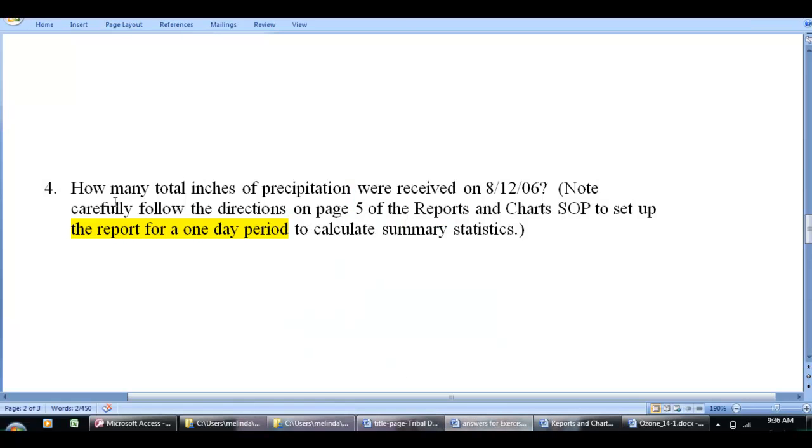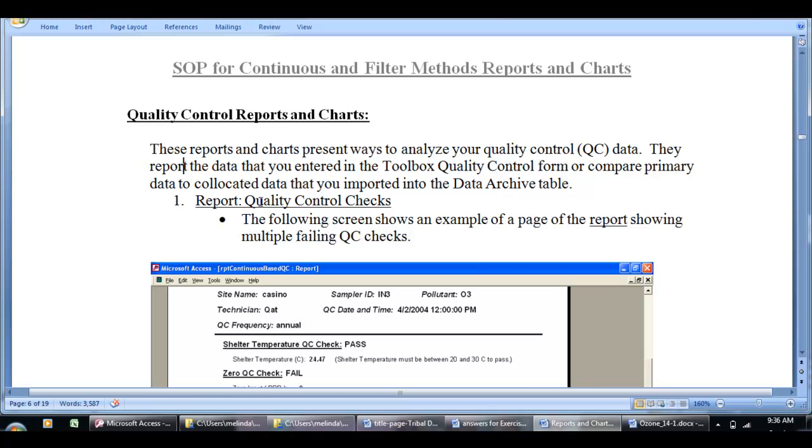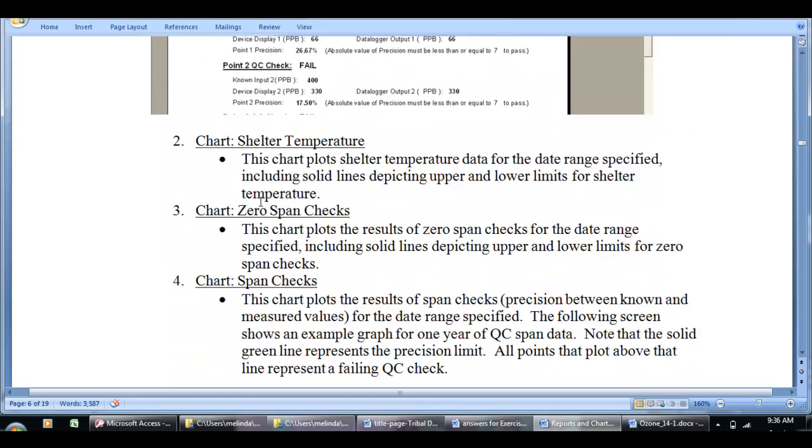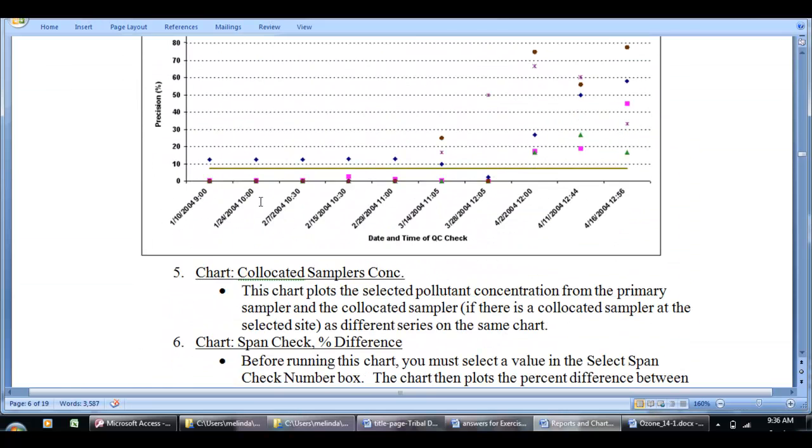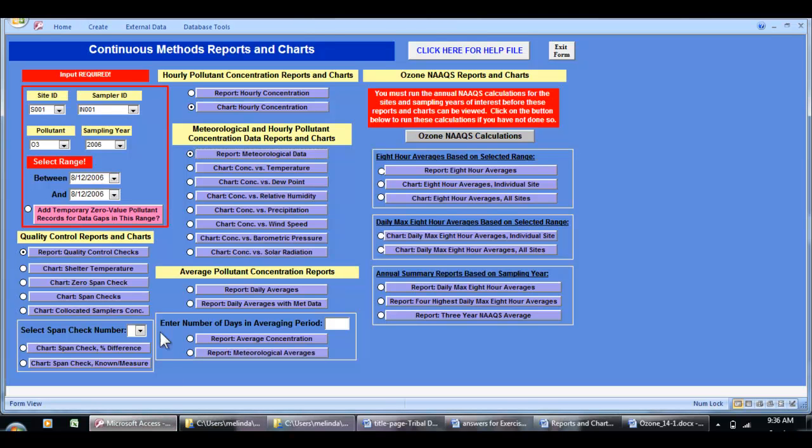So the next question is, how much precipitation, total inches, was received on the 12th of August? Be sure to follow the directions on page 5 of the Reports and Charts SOP. Okay, we look at that, and it describes different sorts of checks, and we follow along, and we see, okay, we're looking for the 12th, so I put 8/12 through 8/12 in the drop-down box, and now I just need a report on the metadata to generate summary